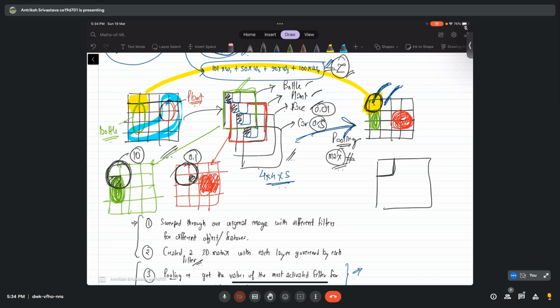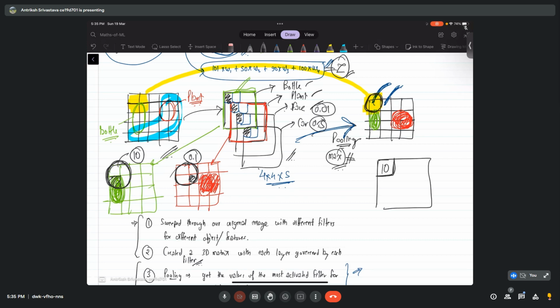So at first it took the maximum of these four elements, 4 pixels in the matrix for each filter, and then it took the maximum out of all the filters. So in that way also you can do. If you don't want to do individual pixels, you can do a set of pixels and assign that value here. And again, you have to traverse this throughout.